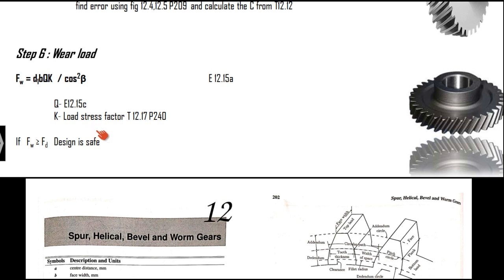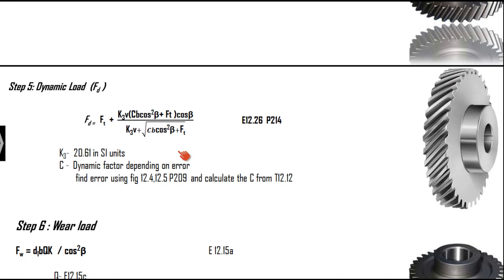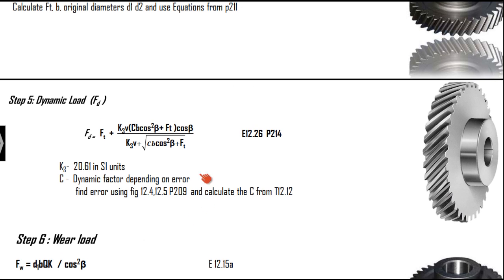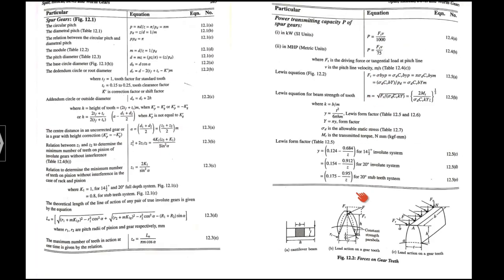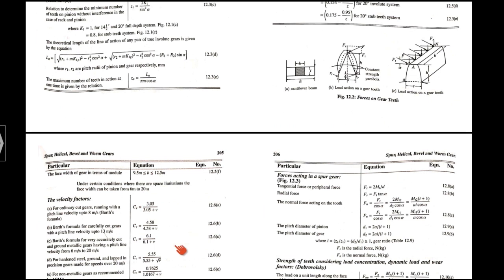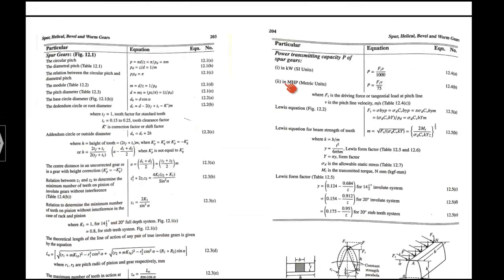That is how we design the helical gear. The same was used for the design of the spur gear. It is just a matter of understanding the design of the spur gear so that you can easily understand the design of the helical gear. These steps are very similar, and this step is going to be the same for the bevel gear also. So please go through these steps, solve more problems to get them understood, and refer to the data handbook with various equations. We have to find the normal module, and finally FD, FW, all those things. This is what you are supposed to do here.